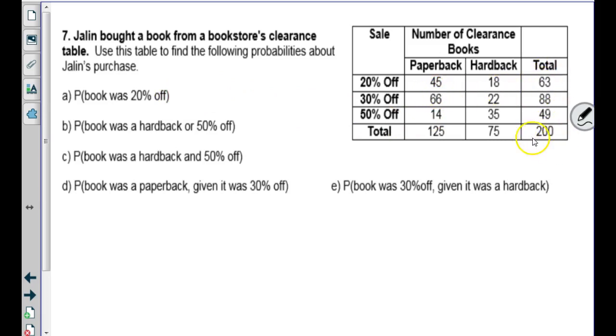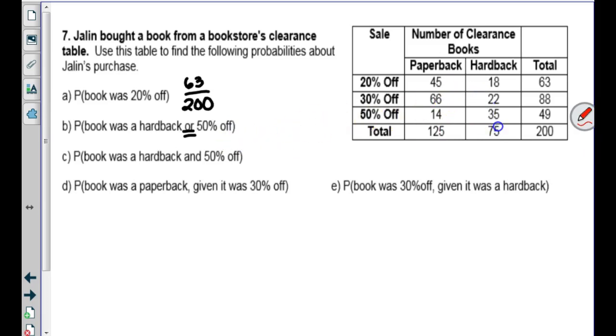Well, 63 out of 200 books are 20% off. So the probability that he picked a book that was 20% off would just be 63 out of 200. I don't think that reduces. Okay. Was a hardback or 50% off means we have to count all the hardbacks plus all the 50% off books and make sure we don't double count any. Okay. So for that question,